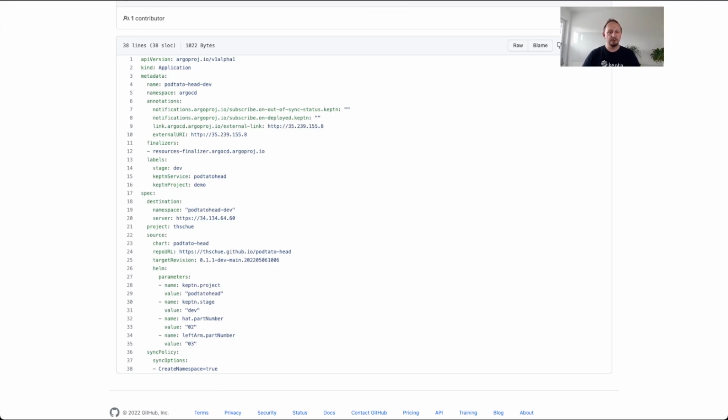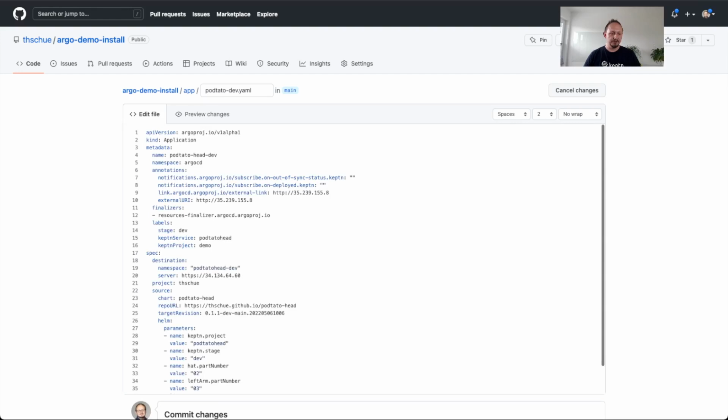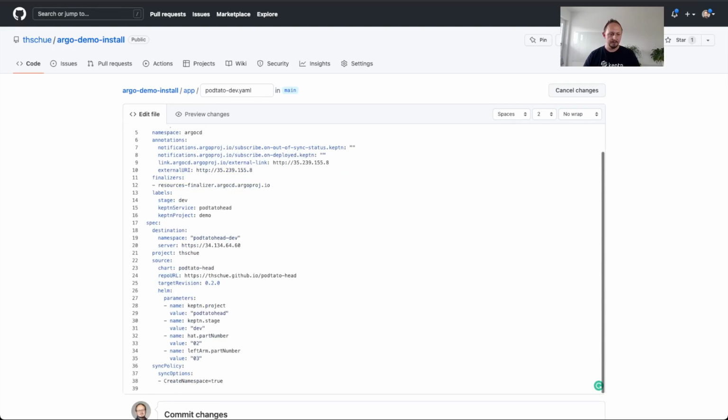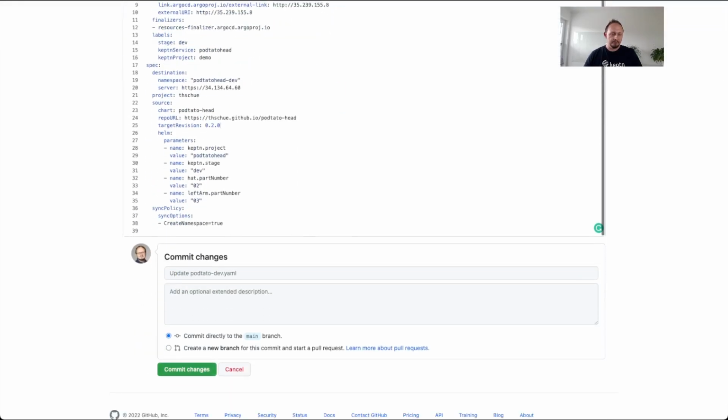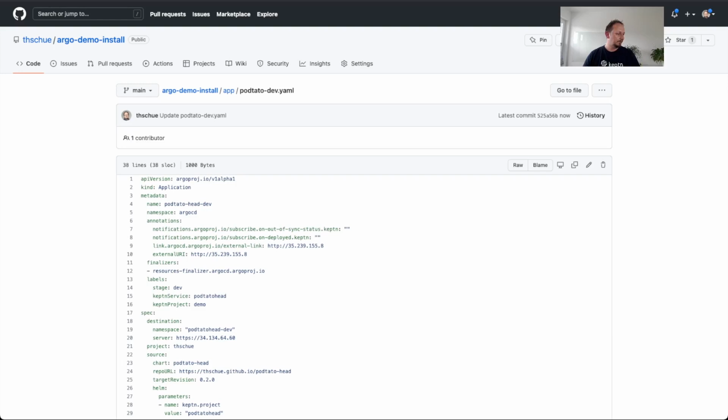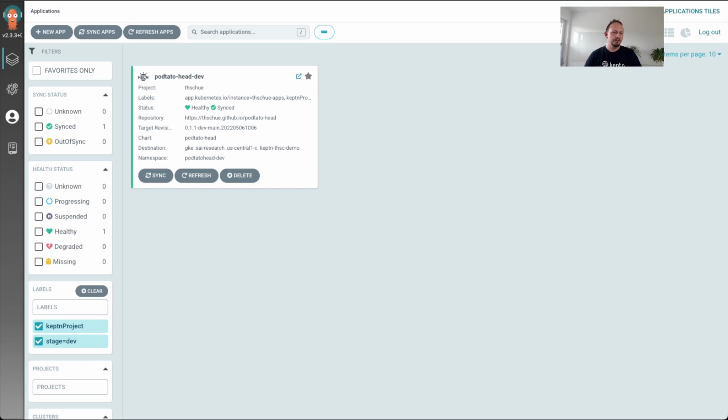The first thing we will do today is simply deliver a new version of this application. So we'll only change the target revision here in the manifest, and let's commit these changes. What we will see in Argo in a few seconds is that the application we specified here, the potato head in the stage dev, gets out of sync. But we also see that the target revision of this application is the new version